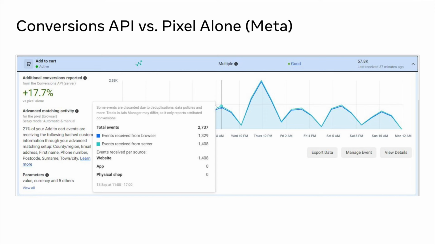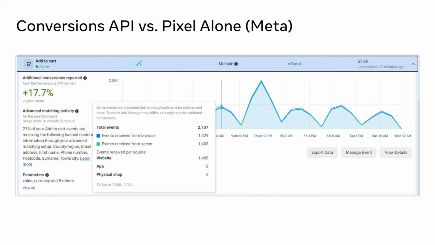What we see in this particular example is that utilizing the Conversions API, we've actually observed a 17.7% lift. Now, this is not a uniform lift that can be observed across all different types of events, but in reality, there'll be some variance here, but there will always be some lift. And that is what is so critical about this, finding the opportunity to preserve that signal resilience. And I think Javier, you've got a few examples of this in action in terms of what clients can expect to see.